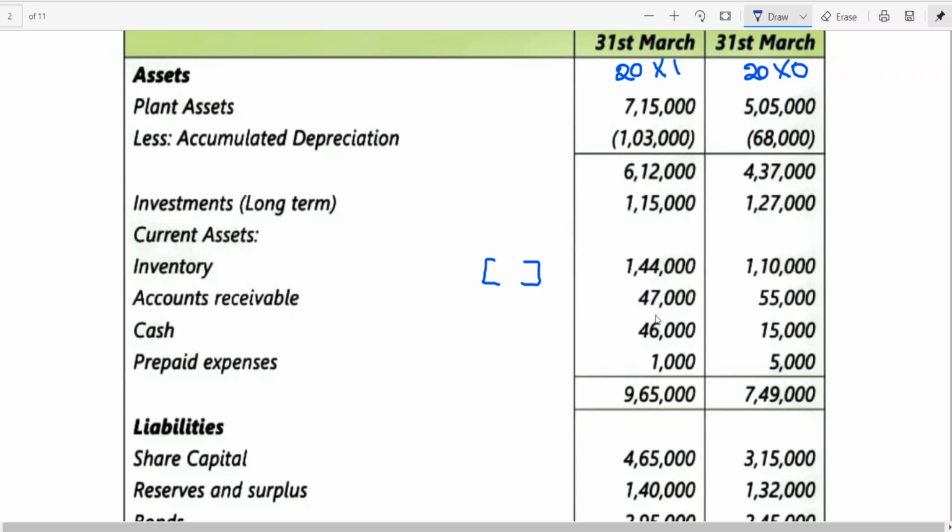Similarly, account receivable, 55,000 rupees, account receivable has become 47,000. So that means there is an inflow. Here it is an outflow. I am putting brackets. Inflow, it is to be added. Is this clear? The difference here. Here the difference is 34,000 to be subtracted. Changes in working capital. Here 55 minus 47. It is coming to how much? 55 has become 47 means 8,000.